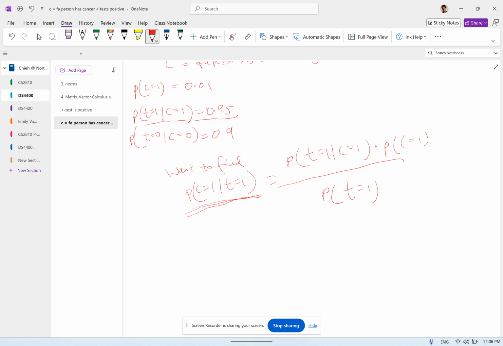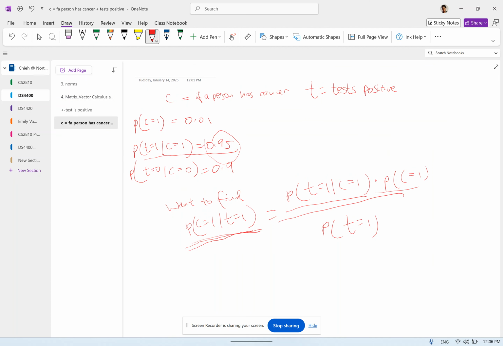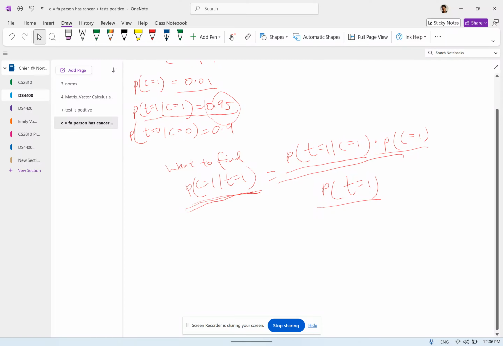Okay, so this value, we already know. It's here, 0.95. And now, do we know the probability that a person actually has cancer? Yes, it's 0.01. So, are we able to find the probability that the test is positive from all of the information above? And we realize we do,